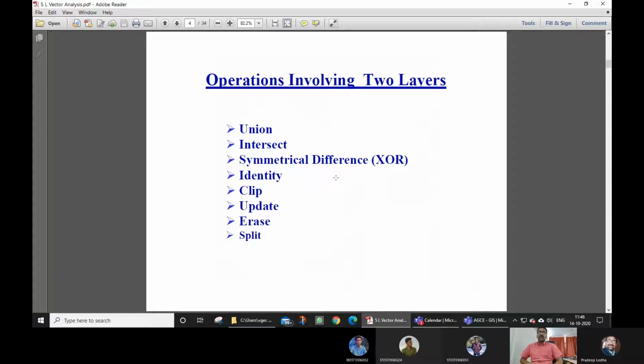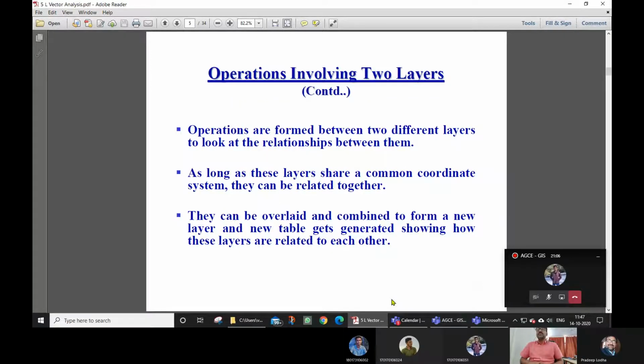Now we have seen so many operations on raster data. Today we are going to look at what we could do with operations on vector layers, two layers, when we do a certain kind of analysis, and what is possible. What is important here is that the two layers which we are dealing with should share a common coordinate system.